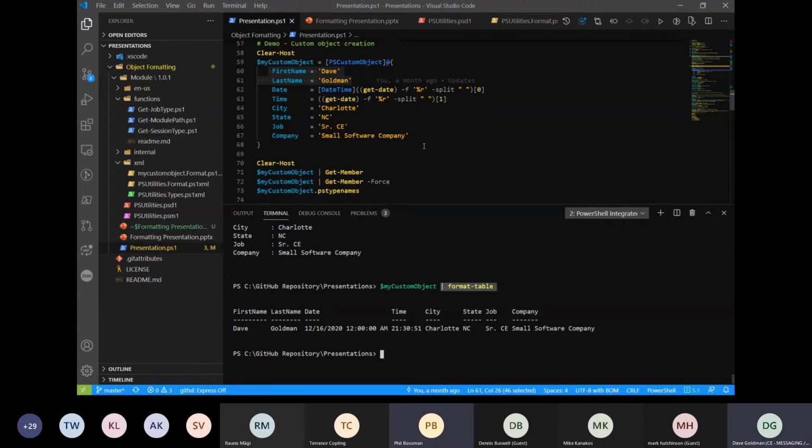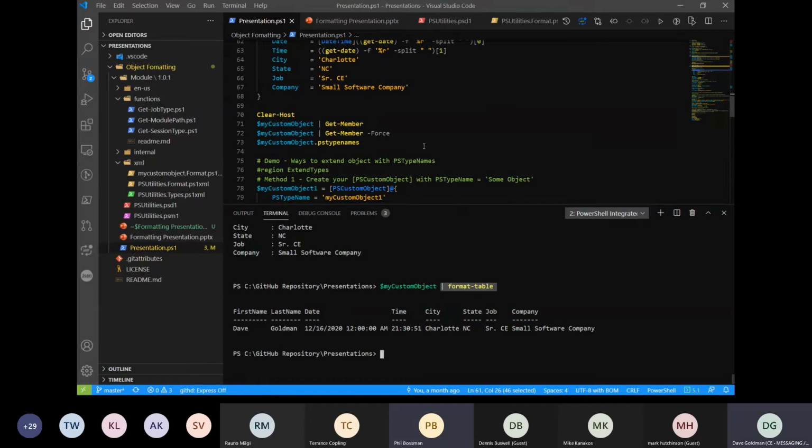Yeah, it took me a while to get it, but I found it. Yeah, and the formats that are in there are going to be for Windows, and you'll see they're by component. This one's in Server Manager. The ones that you see here, those are for Windows PowerShell Core and PowerShell.